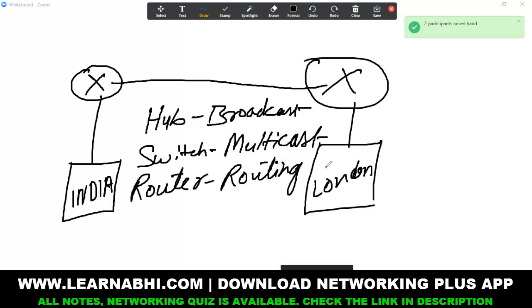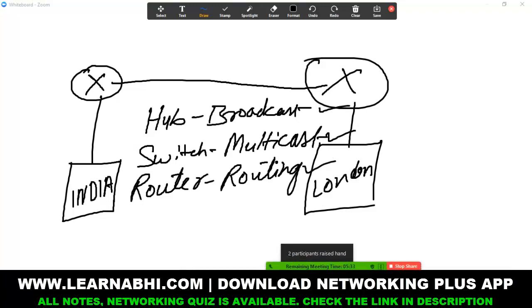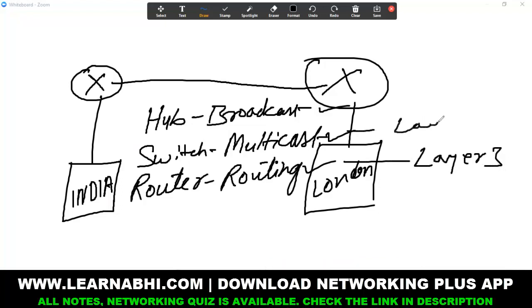Whatever definition I have told you, just try to take note of it. It is very important. Dear teacher, can we say the router works on the network layer and the switch and hub work in the data link layer? Yes, it works in layer 3 and it works in layer 2.